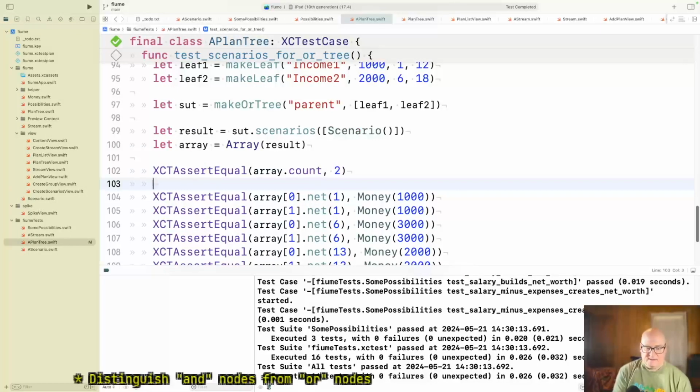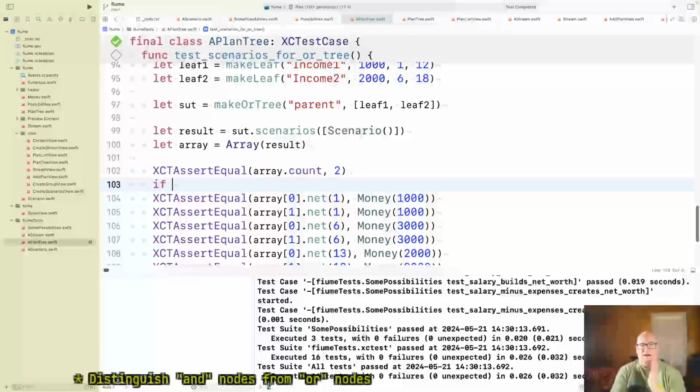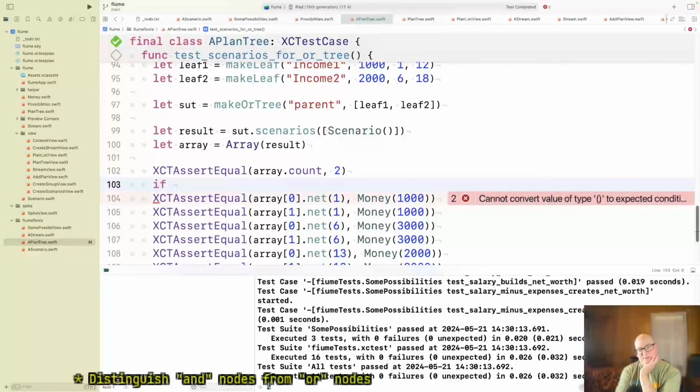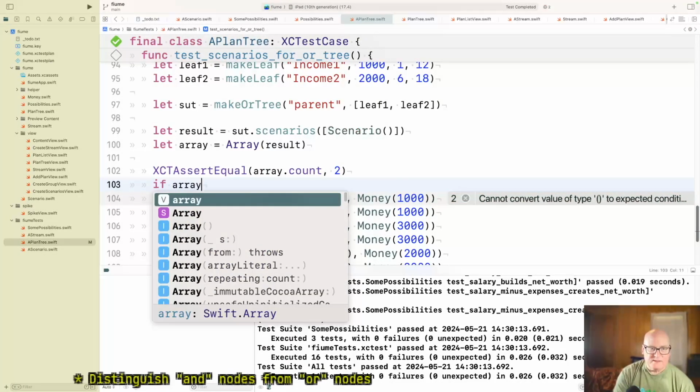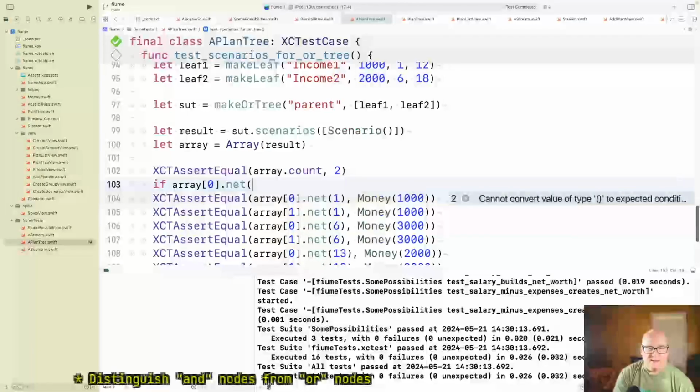Let's, if I want to say something like this: if array sub 0 dot net of 1 equals